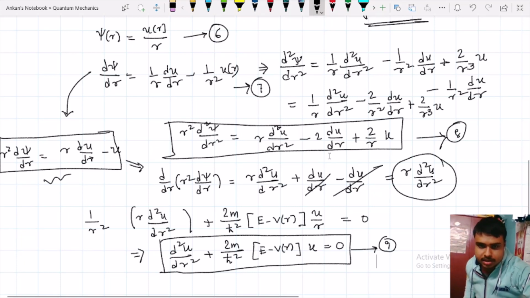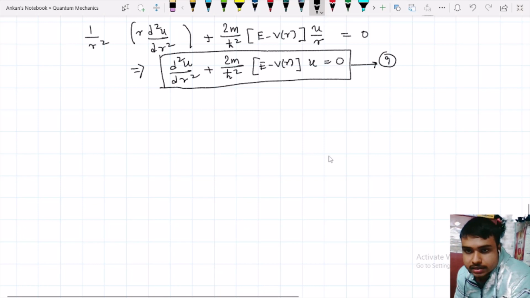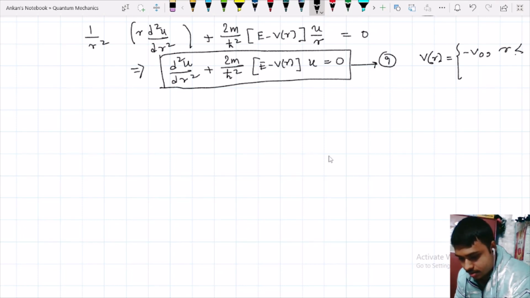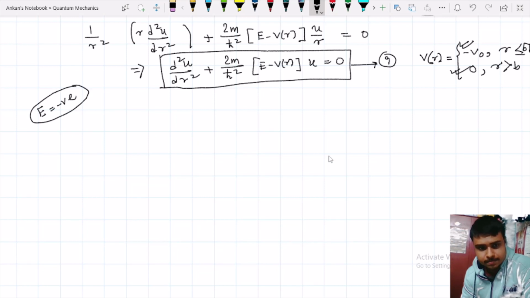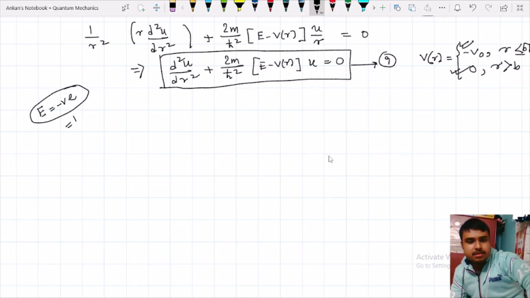Now the actual form of the potential has to be considered. What we consider is that V(r) is equal to minus V naught for r less than or equal to b, and 0 beyond b. So we have to divide it into two regions, region 1 and region 2. The ground state total energy will be negative since it is a bound state case, equal to minus B, which is the binding energy of the nucleon. Okay, so if all this is incorporated in equation 9, then in region 1,